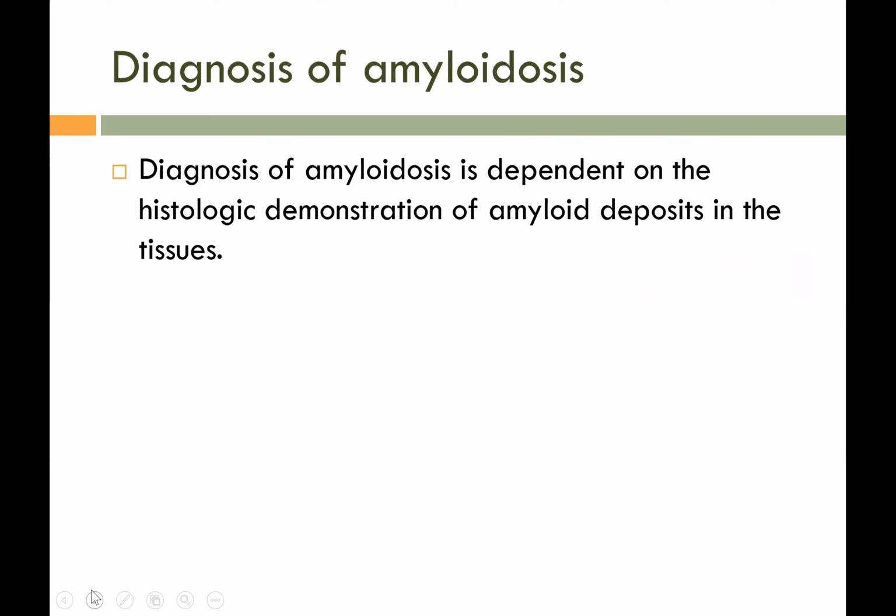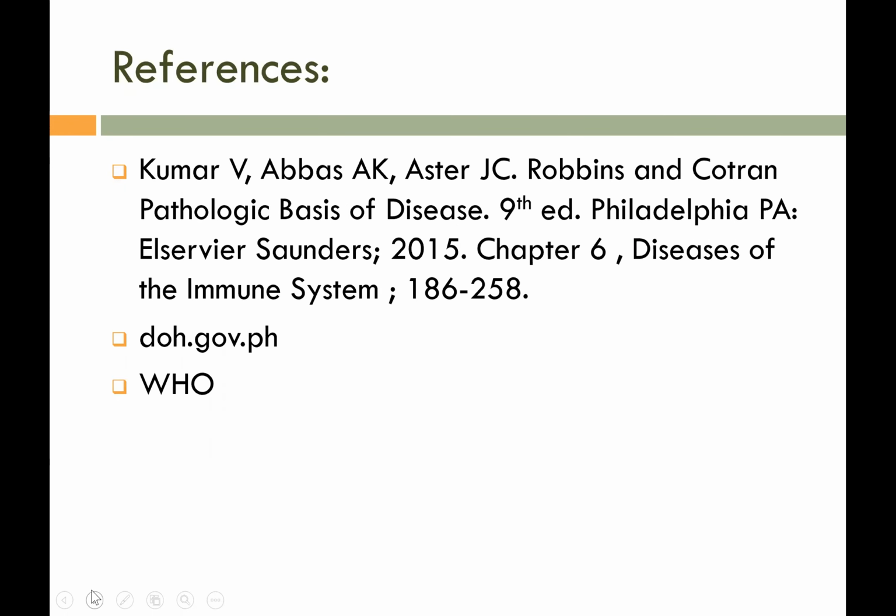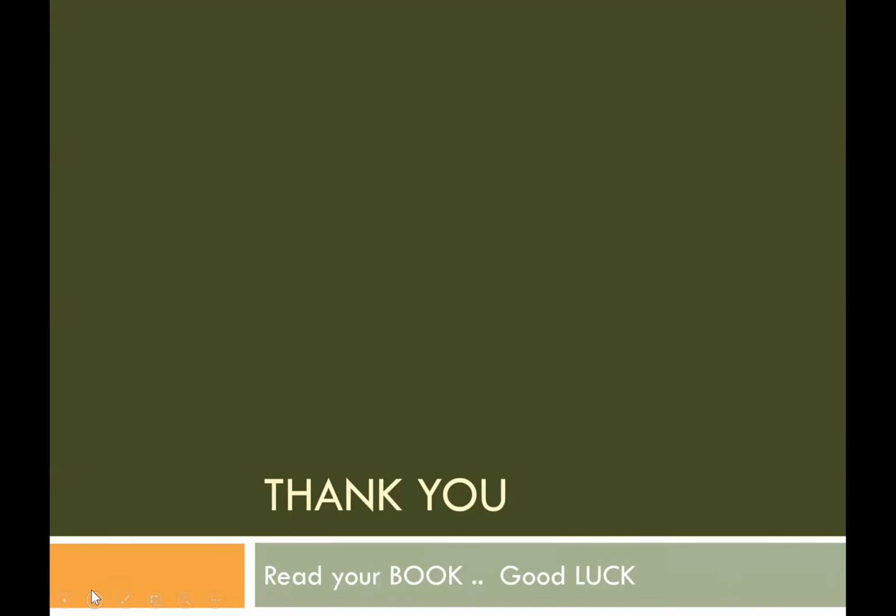So as I have mentioned, you have to do H&E followed by Congo red, ideally supplemented by polarizing microscopy to observe for the birefringence, which, as I have mentioned, is expected to be yellowish green in appearance. Okay, so that ends my lecture, and thank you very much for your kind attention.